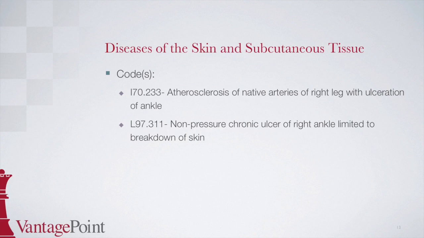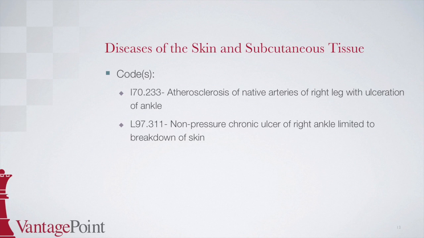Indented under leg is the word right, followed by with. Then indented below this is ulceration, and then ankle, which points to I70.233, which you would then confirm in the tabular list. When you confirm in the tabular, there is a note under subcategory I70.23, which states use additional code to identify severity of ulcer, category L97. Therefore, the second code is